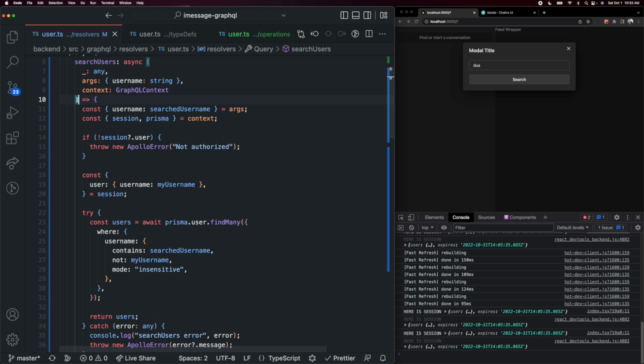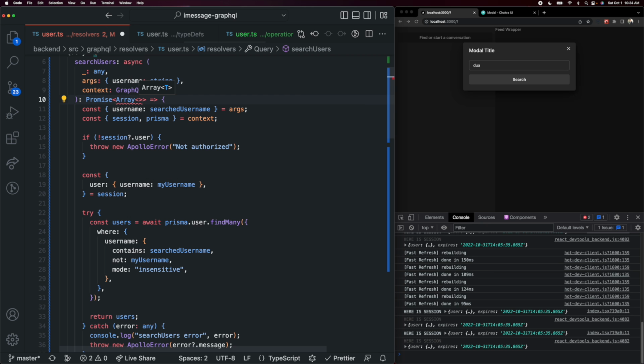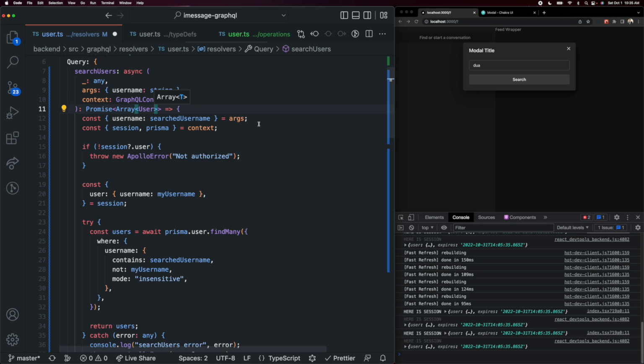And we can actually specify the return type of this function here. And this function is going to return a promise because it is asynchronous, and the resolved data inside of this promise is going to be an array of users. And thankfully, Prisma generates TypeScript types for all of our database models when we run that npx prisma generate command. And that is super handy because we can use those types in our TypeScript code if we need them. And even though we are returning our full user entity here, only the ID and the username of the user are going to be passed from our API back to our client